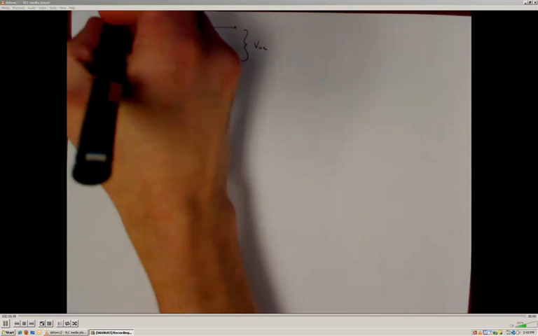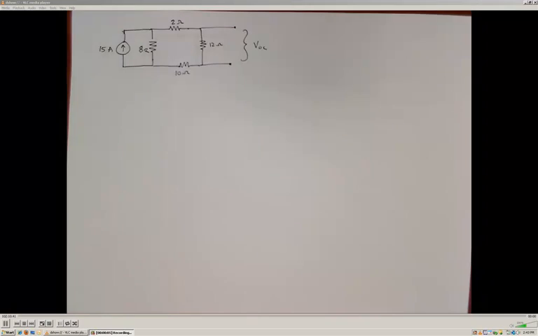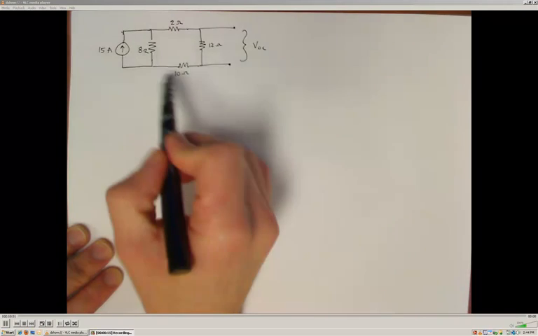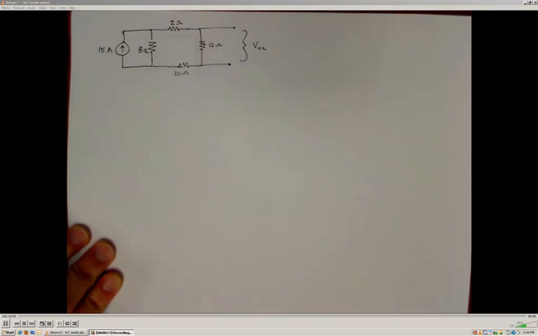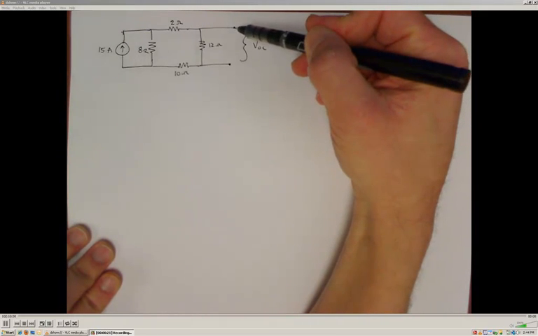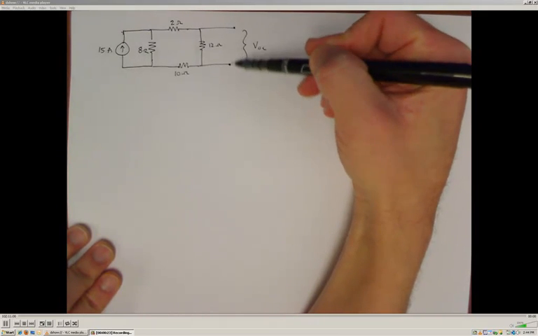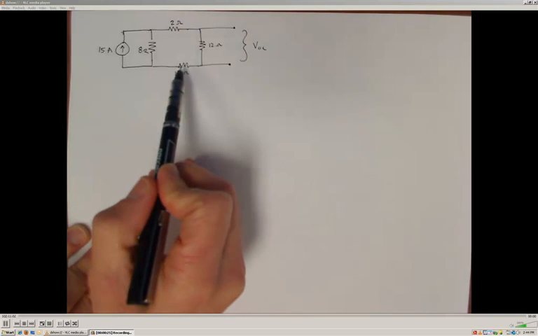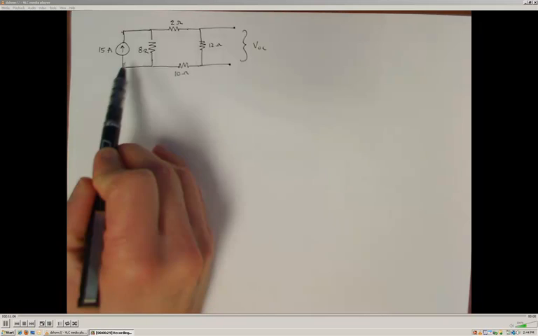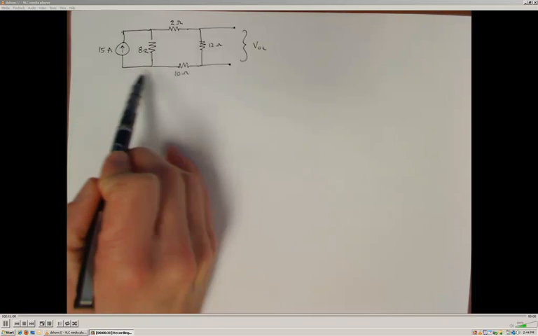Okay, for this problem, we are going to look at yet another problem for determining an equivalent circuit. Here we have a 15 amp power supply connected to a resistive circuit, and we're looking for the Thevenin equivalent or the Norton equivalent circuit between the two output terminals right here. What's important to note is that the output terminals are separated from the 15 amp supply by these